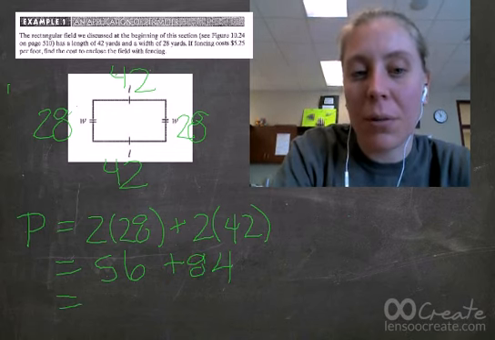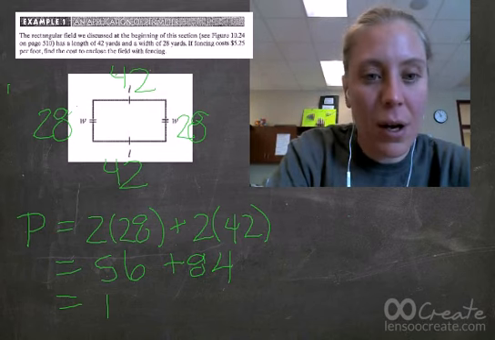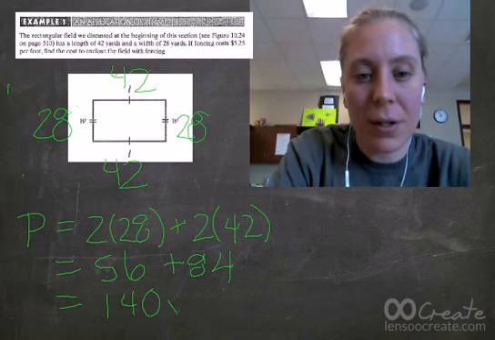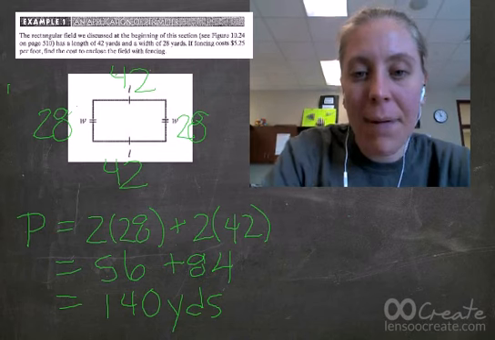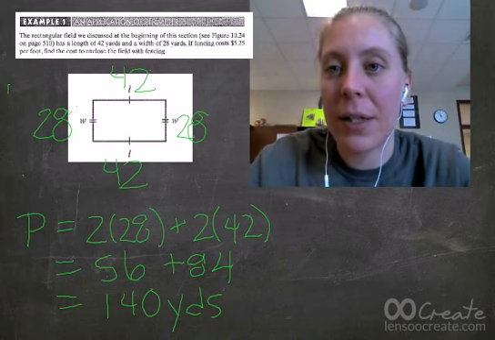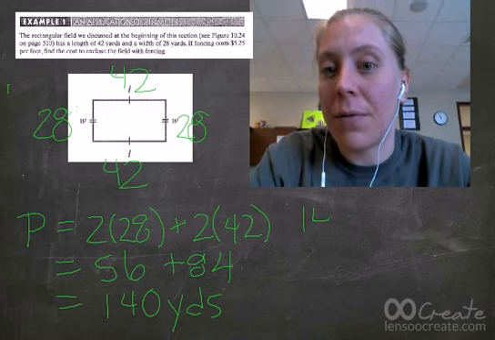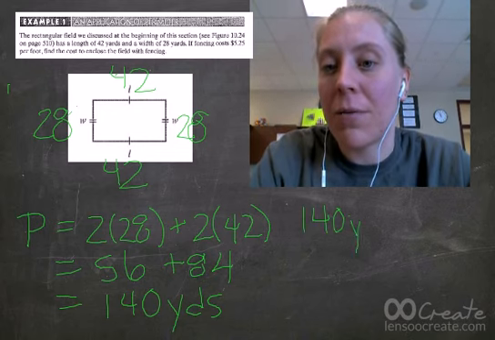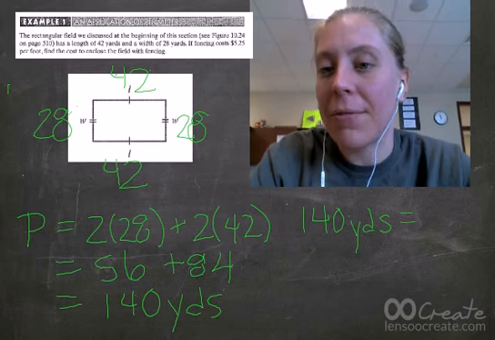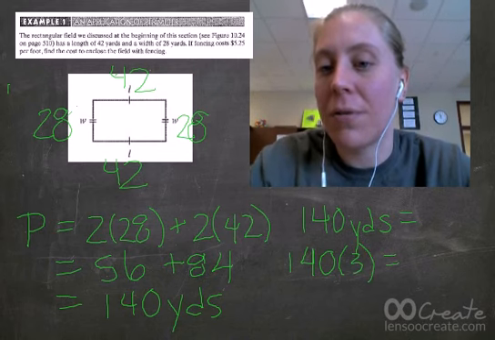That gives me a total perimeter of 140 yards. Now, since the cost of my fencing is given per foot, I'm going to want to convert my 140 yards. How many feet is that? Well, there are 3 feet in each yard. So if I take 140 times 3, then that's going to give me